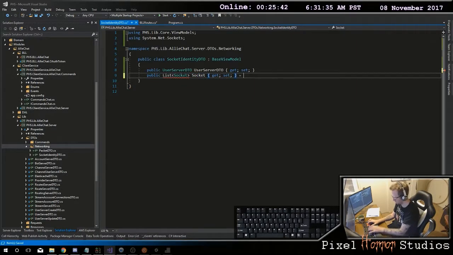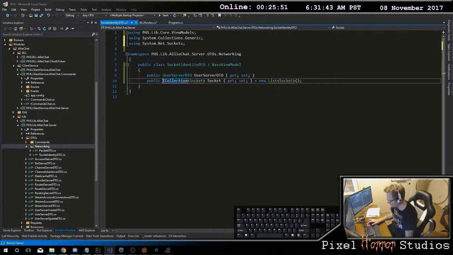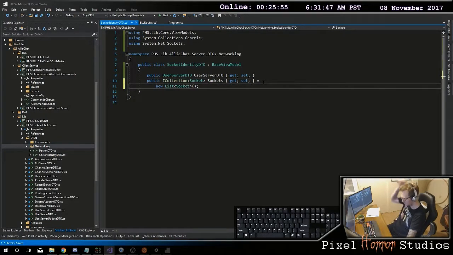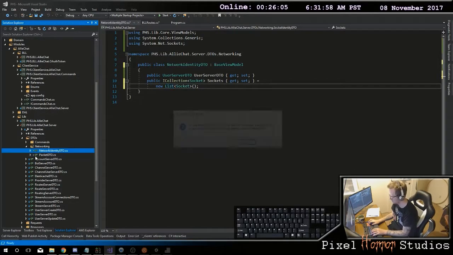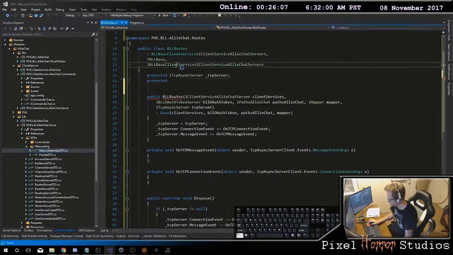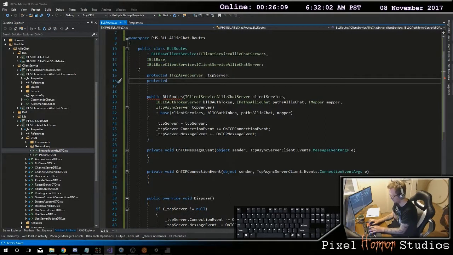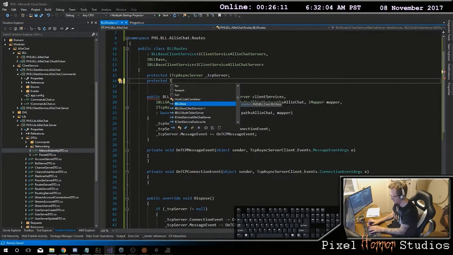So it'll be this. Right? So we're going to say that this is a network identity DTO. We'll change the name of that. Okay. So now here you're going to have a